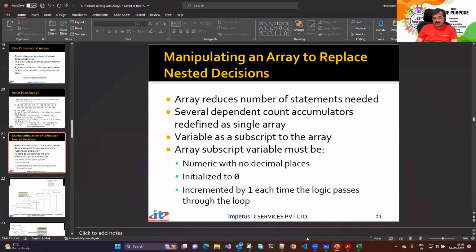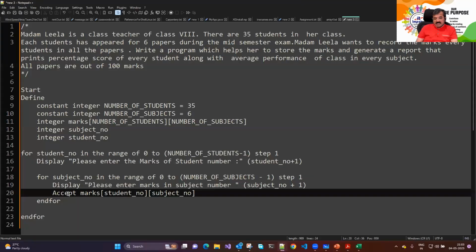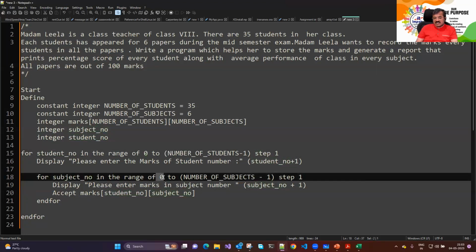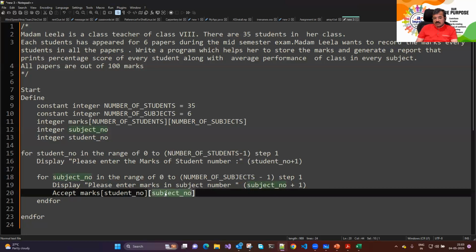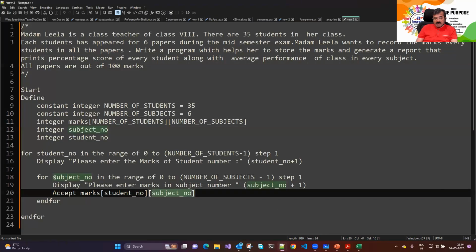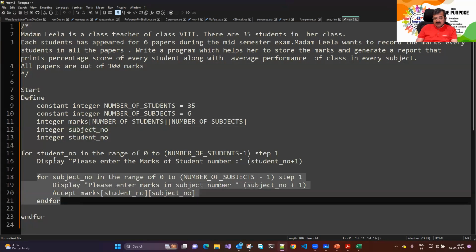At 0,0 we have stored the first student's marks. कैसे स्टोर किया हमने फर्स्ट स्टूडेंट के मार्क्स, देखो तो जरा। Here I said accept marks of student number, जिसका वैल्यू for the first time 0 है, सब्जेक्ट नंबर जिसका वैल्यू भी for the first time 0 है। तो 0,0 पे हमने पहले स्टूडेंट के मार्क्स एक्सेप्ट कर लिए। But until unless you do not come out of this group, यहाँ तो आप जाओगे नहीं।